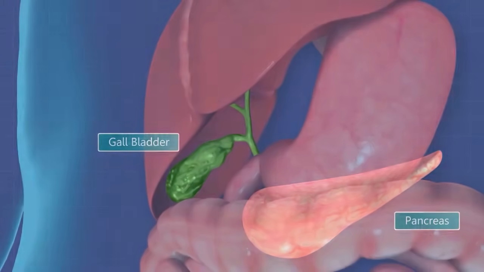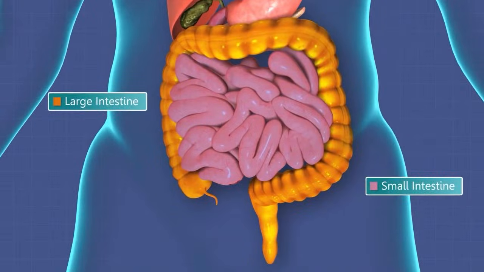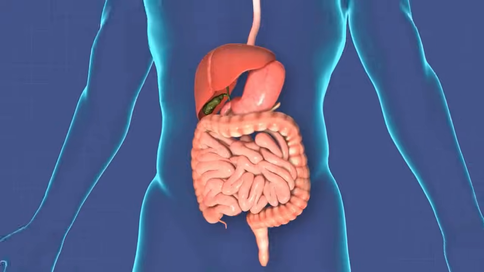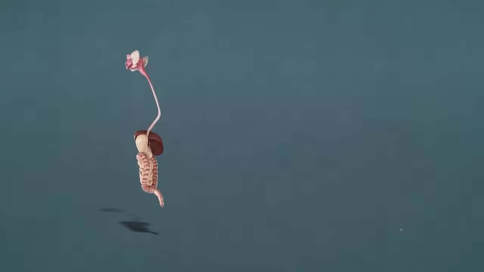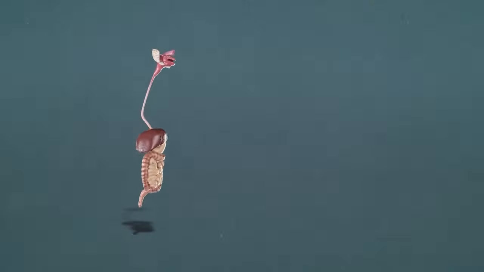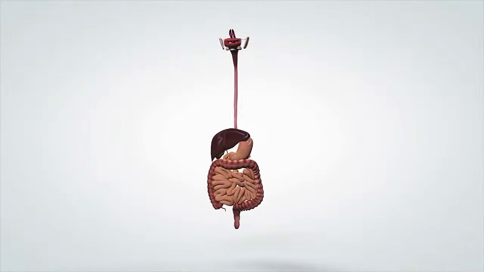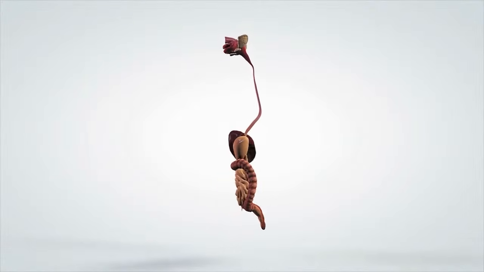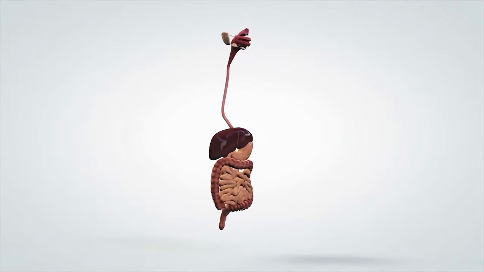The esophagus also has a ring-like muscle at the top, known as the upper esophageal sphincter, which helps to keep food and stomach acid from flowing back into the esophagus. This muscle relaxes to allow food to pass through and then tightens to prevent the backflow of stomach contents. The esophagus also has a lower esophageal sphincter, which is located at the bottom and separates the esophagus from the